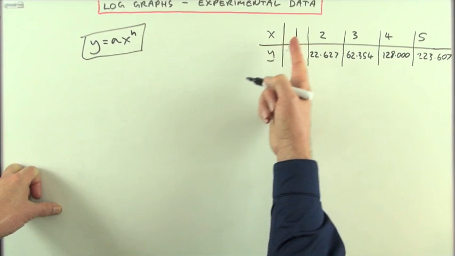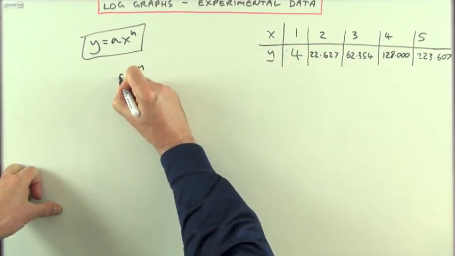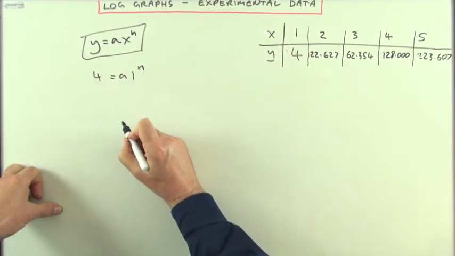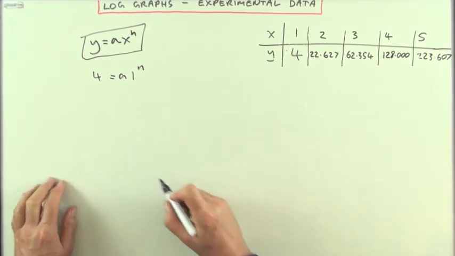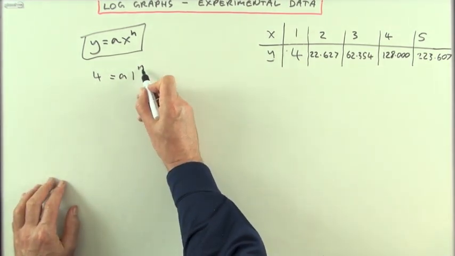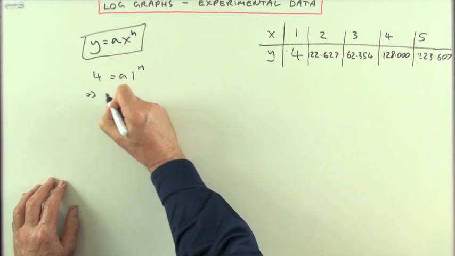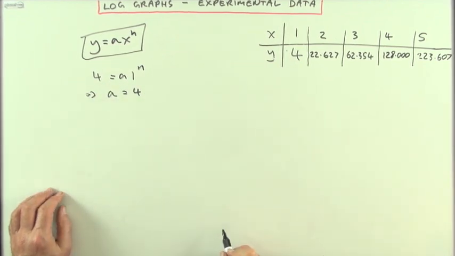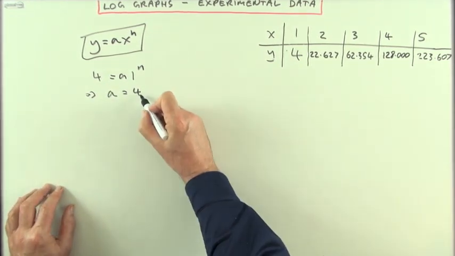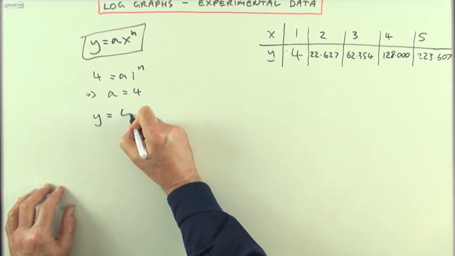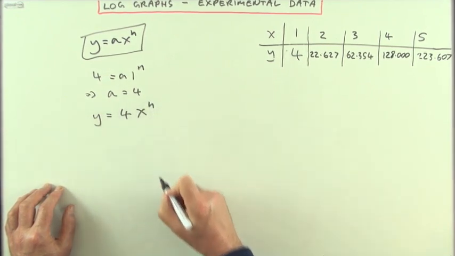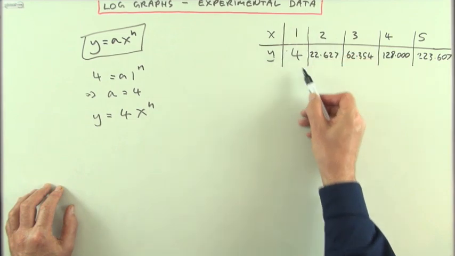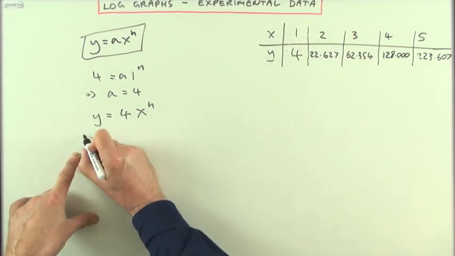I could say, well, when x is 1, y is 4, and the handy thing about that is 1 to the power of anything is just 1, so straight away I would get a is 4. And then once I know that a is 4, my equation now reads y equals 4x to the n. And I could pop in another pair of values, like the second pair. So I've got